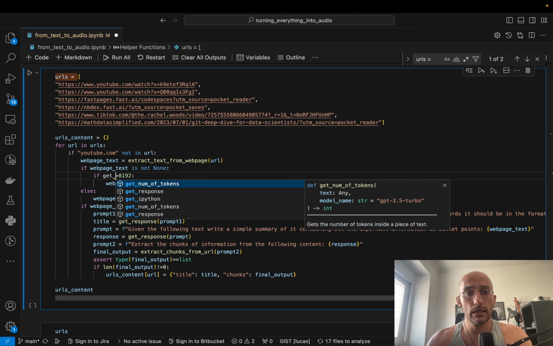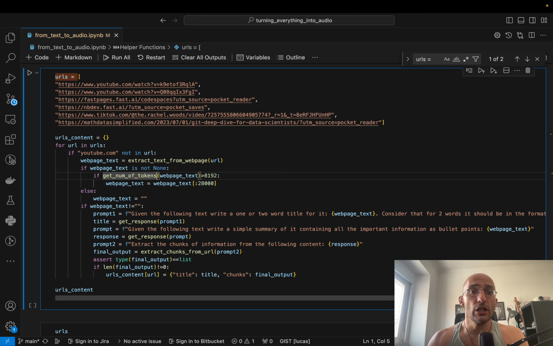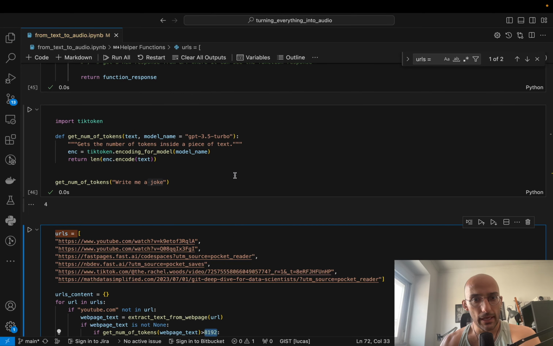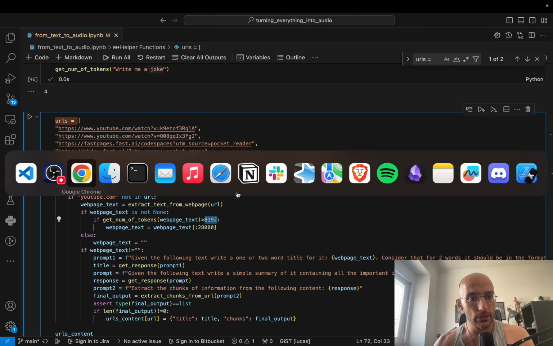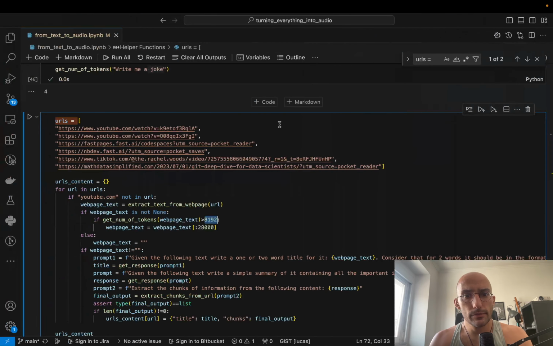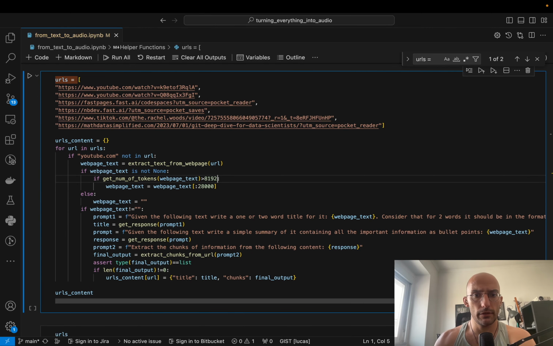So I'm going to say get number of tokens, web page text, which is the function that we just defined. So I'm asking if the number of tokens is bigger than 8,192, which I know that the number of tokens in ChatGPT is 4,096. Why do I think this is 8K? I think that the new version now is 8,192. I can check that information real quick. Okay, so why did I write 8,192? I have no idea. Honestly, I don't remember. So I'm gonna leave it as